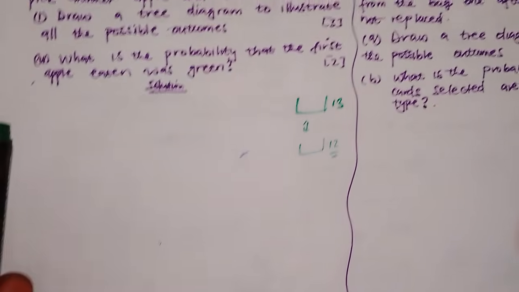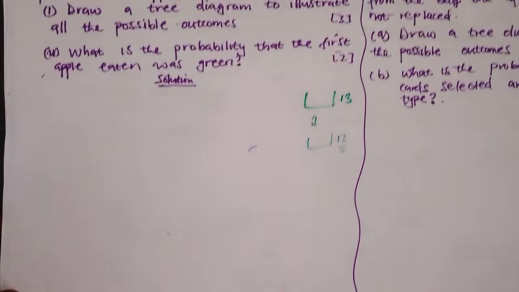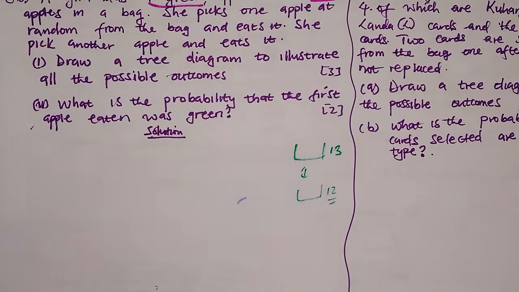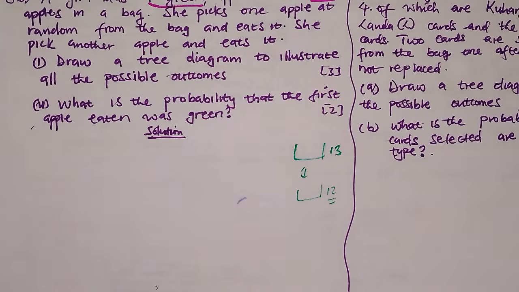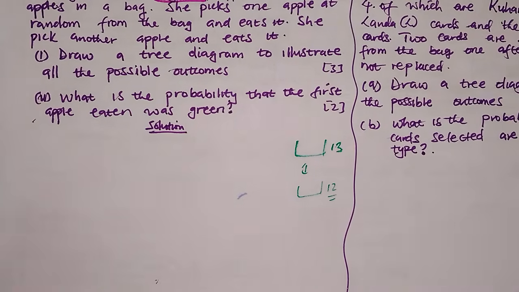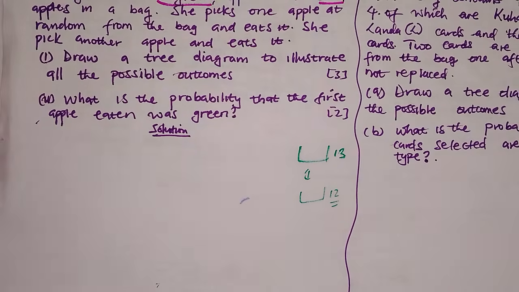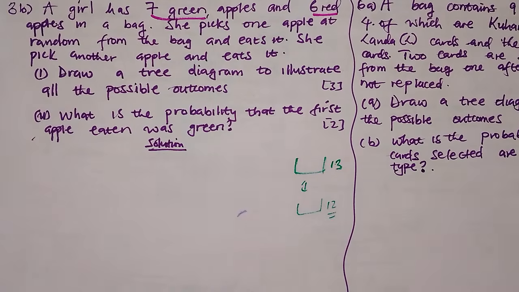Yeah. So now moving on to drawing the tree diagram. So the first step to draw the tree diagram is add all the outcomes. So this question was simple, only 2 outcomes. But in some cases, you can have 3, 4. But for paper 2, they only bring 2. But the concept applies. So if you know the concept, you can solve the question. Yeah. So we are going to say the girl had